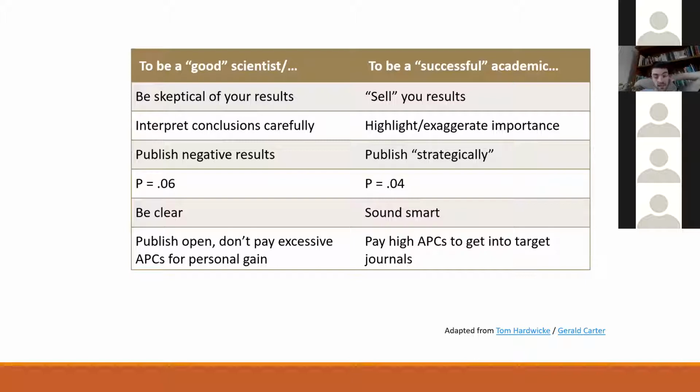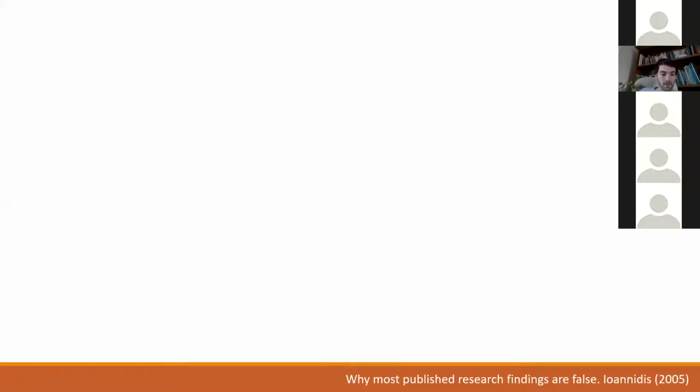And yeah, again, these other things, not paying APCs to get into target journals versus publishing what I perceive to be ethically, there's always this disconnect, unfortunately, in the incentive structure between what is a good scientist and what is a successful academic. But times are changing. So now we're going to move on to an argument, kind of a famous argument now,